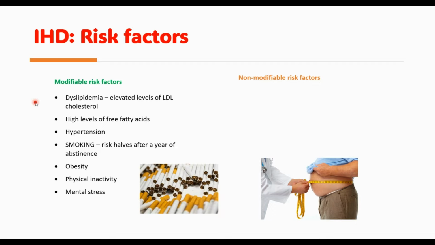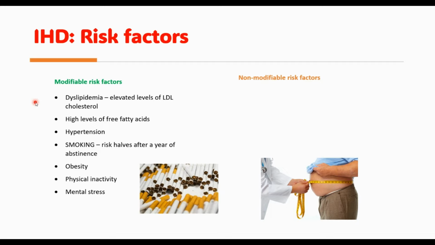So modifiable risk factors include dyslipidemia, so deranged levels of cholesterol within the blood. Particularly, you have elevated levels of low density lipoprotein. This is known as the bad cholesterol to the layperson. And then you might have high levels of free fatty acids,